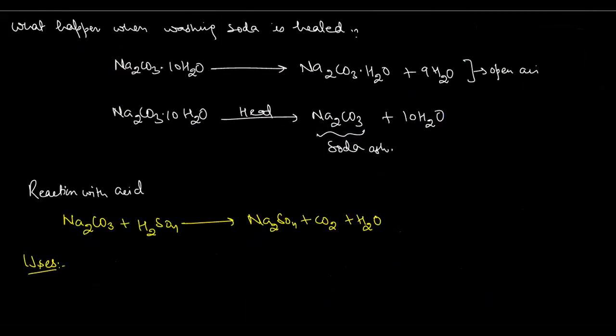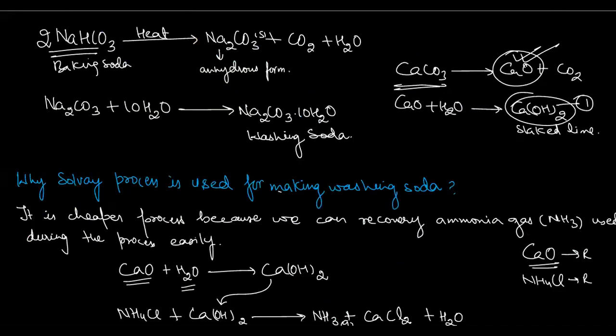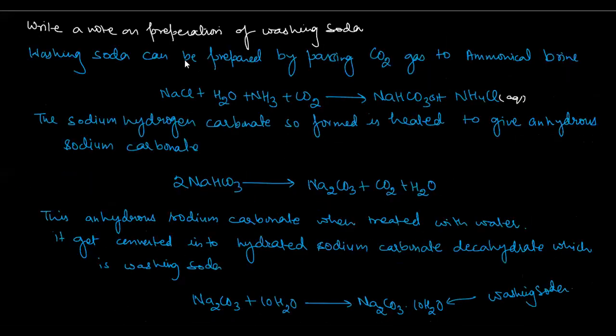Okay, so this one is for the teaching purpose, so let me delete this one. So we have this one. Write a note on the preparation of washing soda. Washing soda can be prepared by passing CO2 to the ammoniacal brine. Here we pass this one. The sodium hydrogen carbonate so formed is heated to give anhydrous sodium carbonate. On heating,